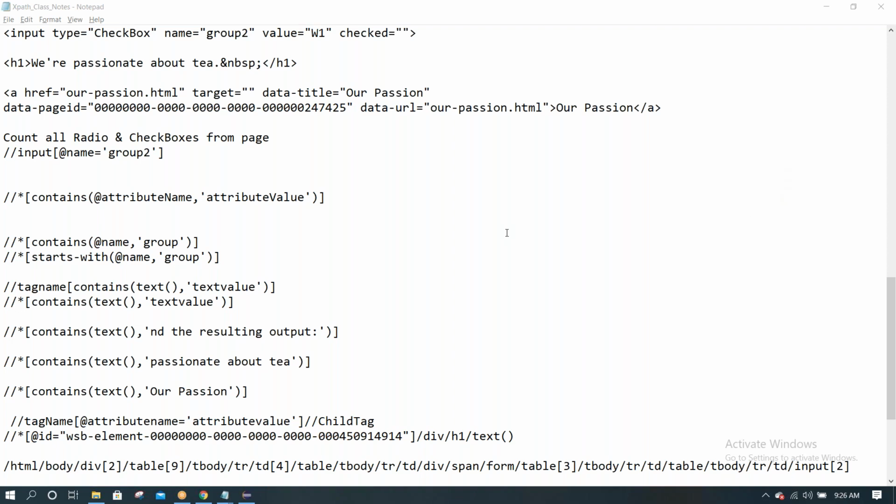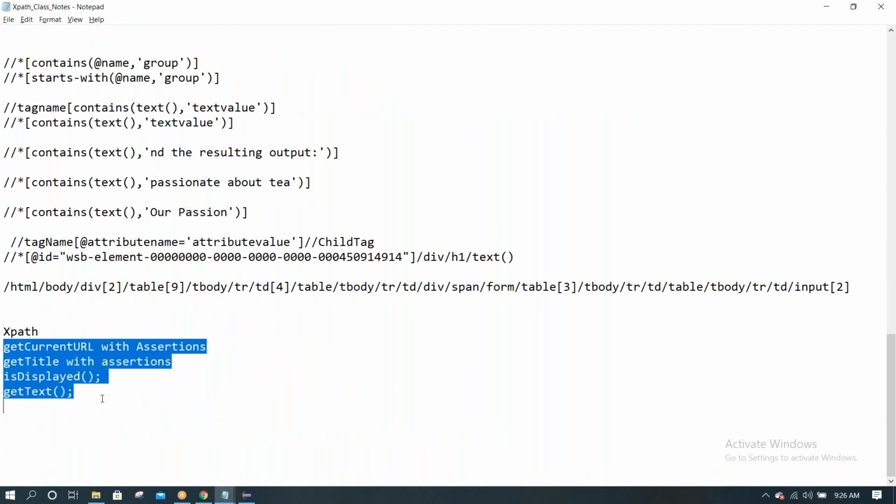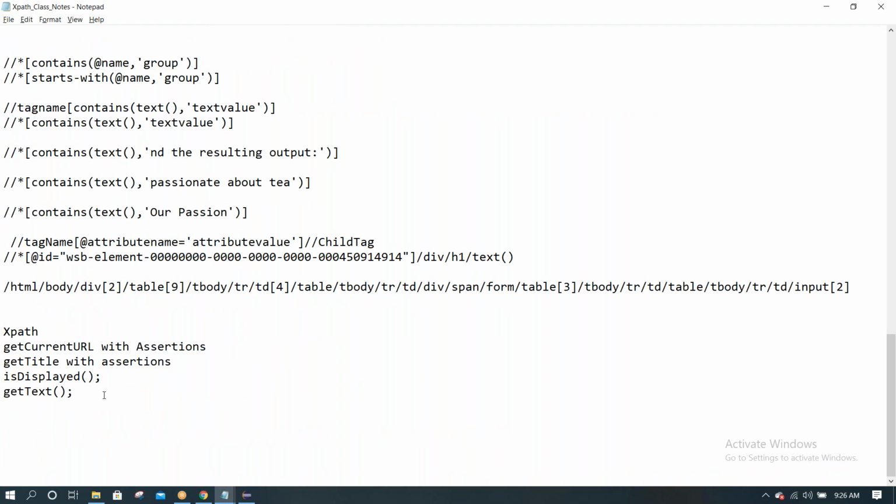If no questions, just practice it today. Complete all kinds of validations. We'll also discuss one more validation that is pending, get attribute, with different examples to make you understand more.